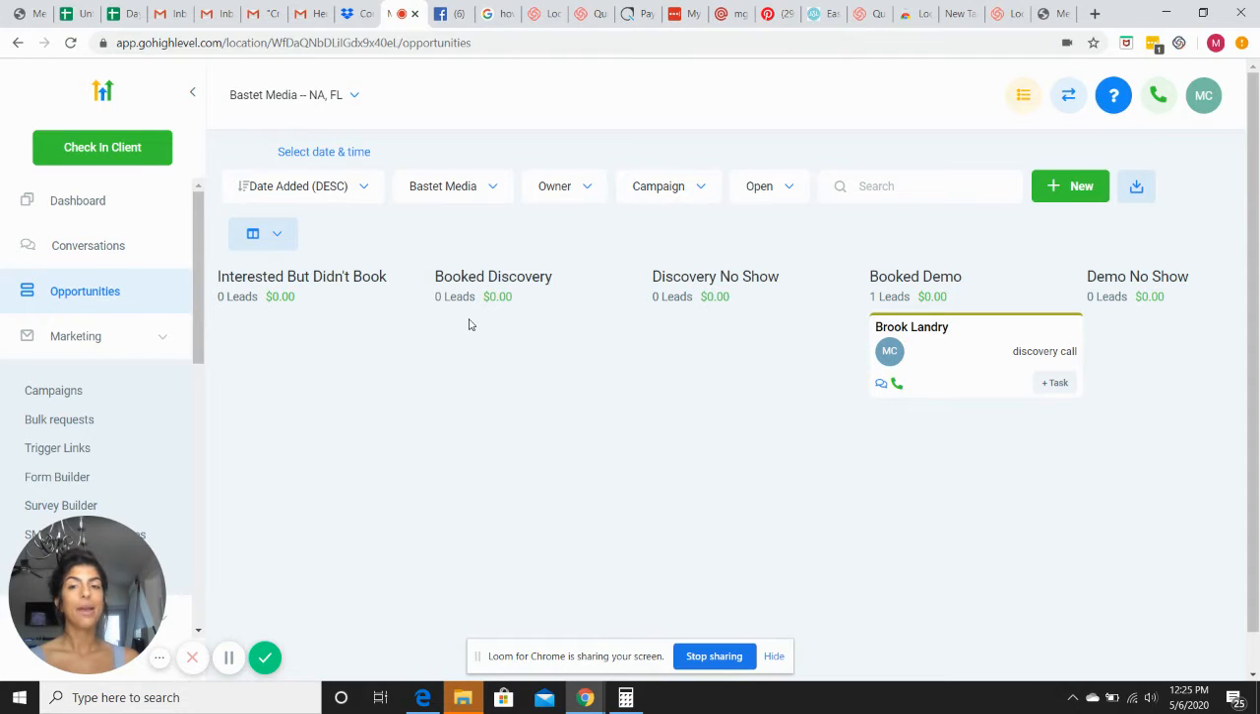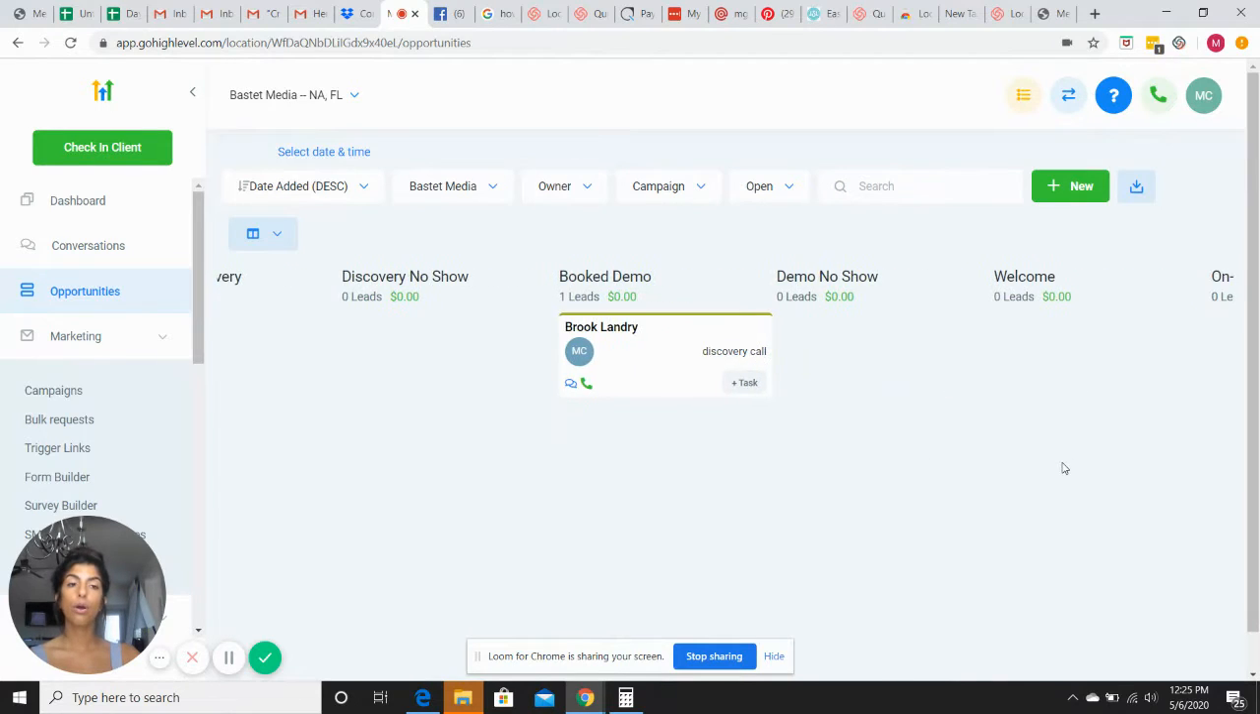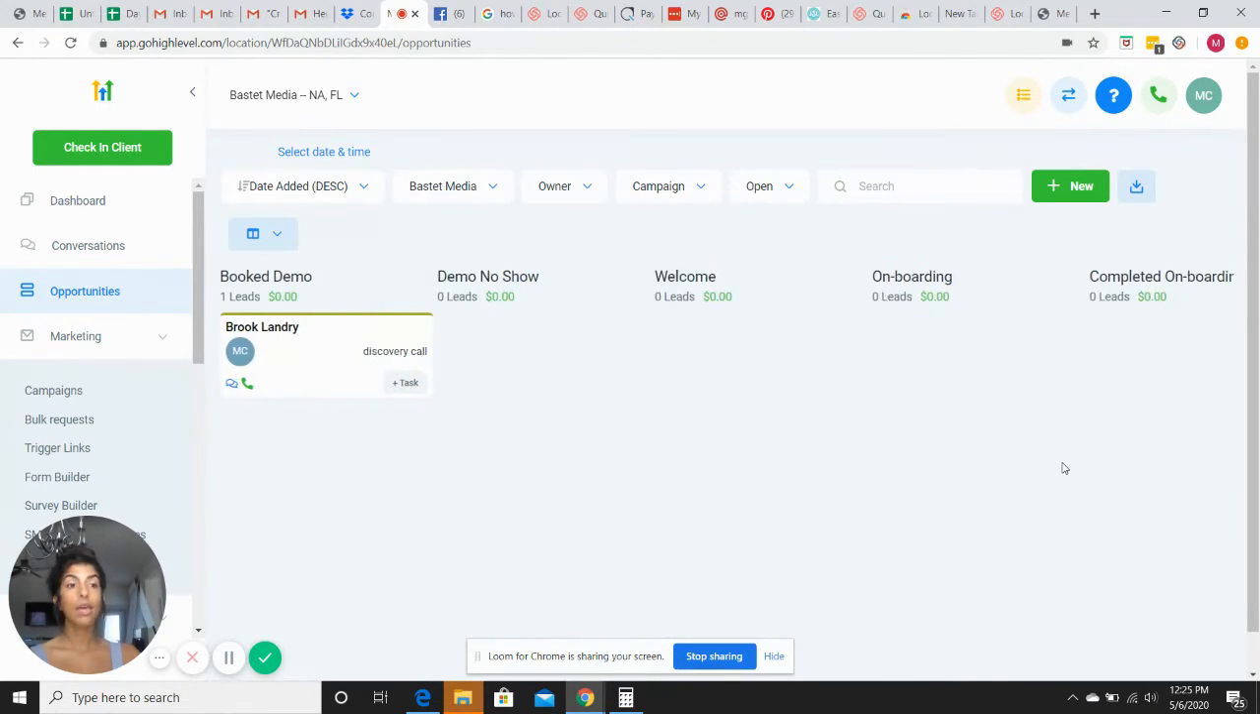So this is my pipeline. I recommend really thinking about what stages you want on your pipeline and making sure that you hit every point that happens throughout your sales process. So my pipeline mirrors my campaigns, which mirrors my triggers. Everything is very organized so that when you go through, you see what triggers are activating what campaigns are part of what pipeline, and it flows really smooth. So my pipeline stages are interested but didn't book, book discovery call no-show, book demo call no-show, welcome, onboarding, completed